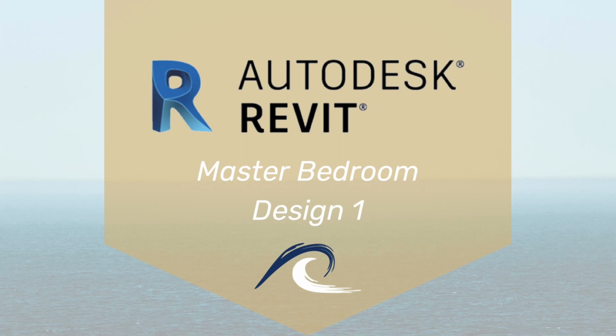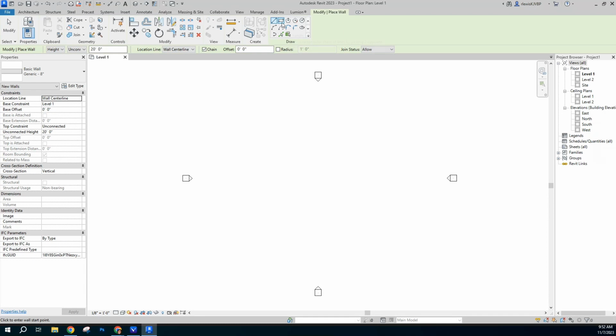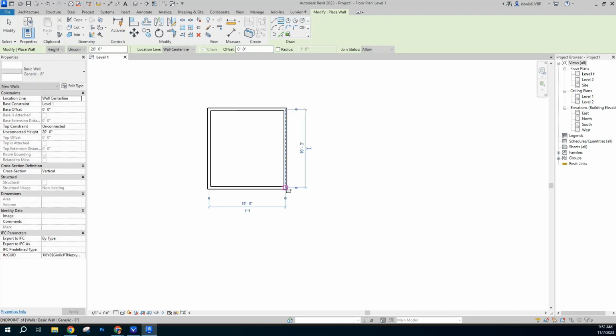Alright, so to get started we're going to use the wall tool as per usual, but this time we're going to use the rectangle tool, the rectangle shape. We're going to measure out, just roughly, kind of get closer to where we want to go. Alright, and next